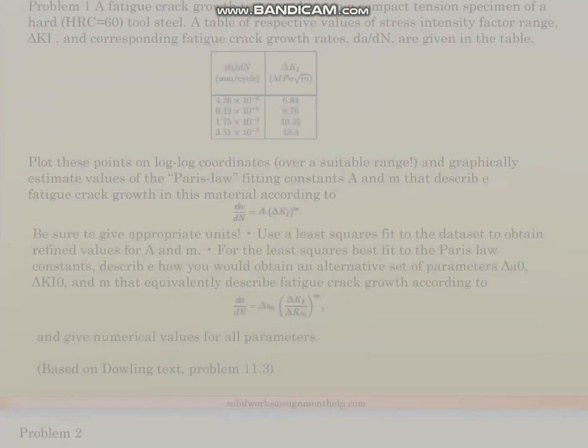Problem 1. A fatigue crack growth test was done on a compact tension specimen of a hard (HRC equals 60) tool steel. A table of respective values of stress intensity factor range, delta Ki, and corresponding fatigue crack growth rates, da/dN, are given in the table. Plot these points on log-log coordinates over a suitable range and graphically estimate values of the Paris law fitting constants A and m that describe